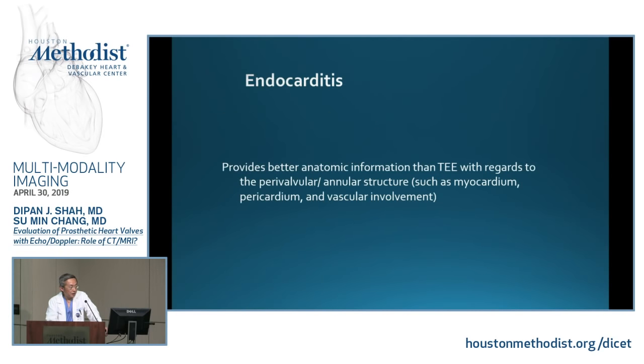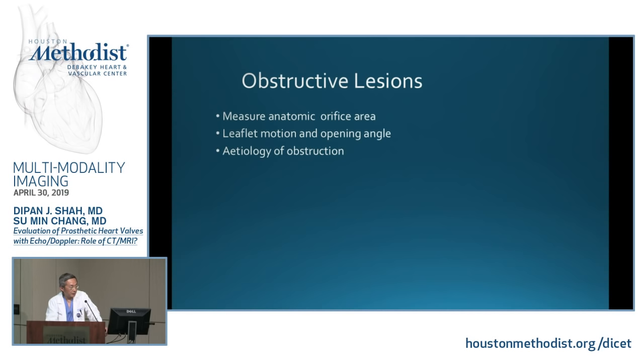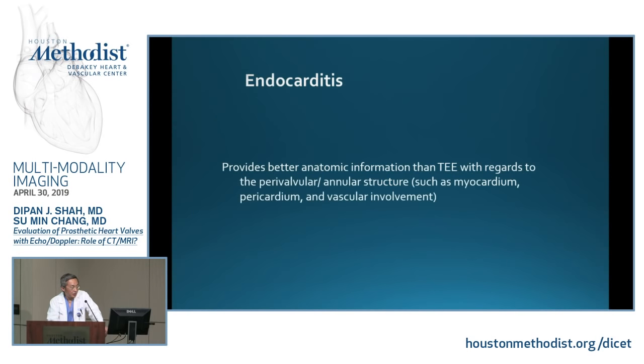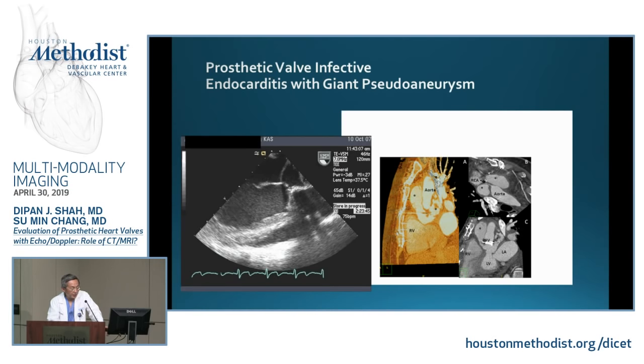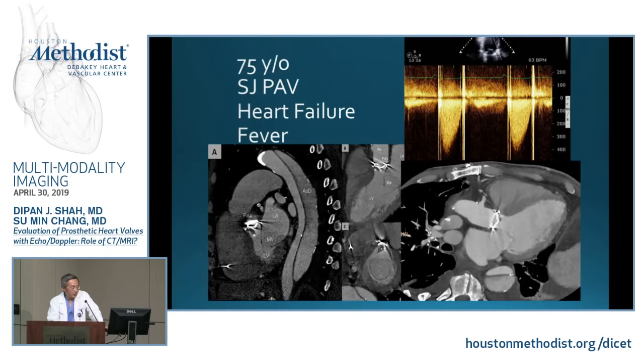So for obstructive lesions, CT is very useful. You can measure anatomic orifice area. You can assess the leaflet motion and opening angle. And importantly, you can assess the etiology of obstruction. Endocarditis, I think we covered that last time. Steve